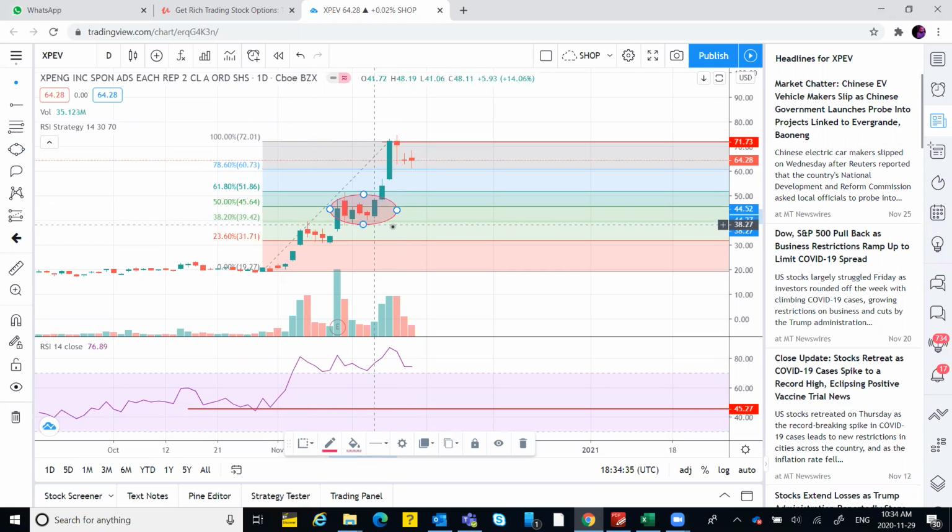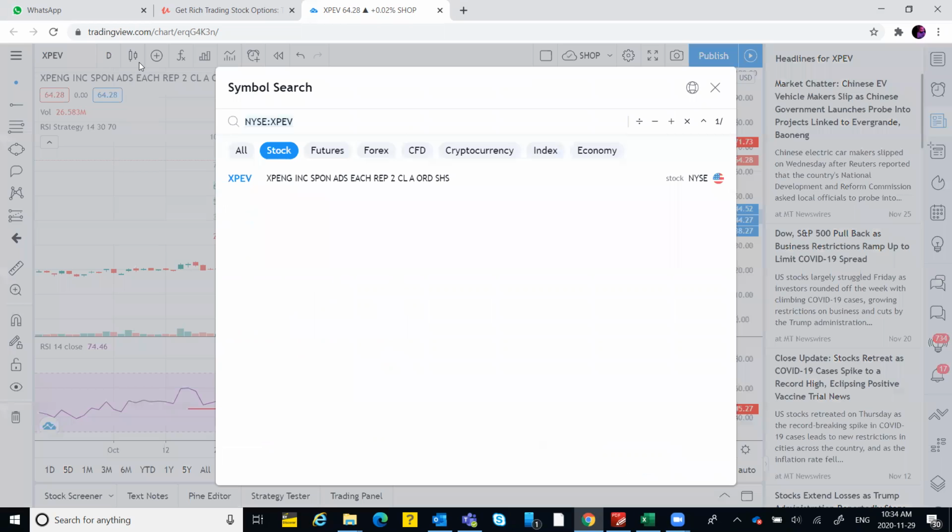So these levels could be the buy areas, somewhere around 40 to 45, not more than 45. So this can act as a good one. But buy in a small quantity. This is also one of the stocks that has gained momentum in the last few days when all the EV stocks were on fire. Okay, this one, and then there's another one for the